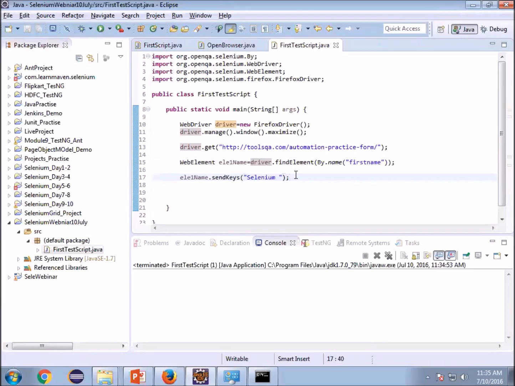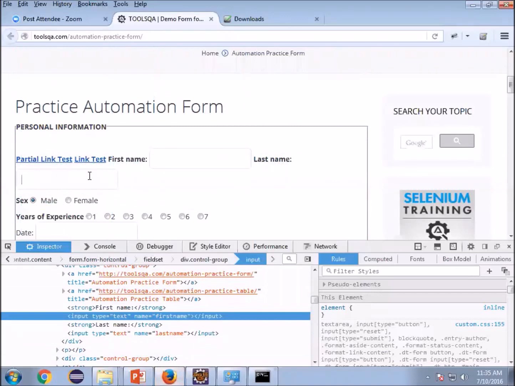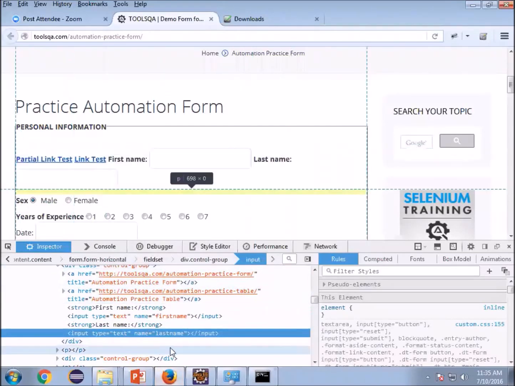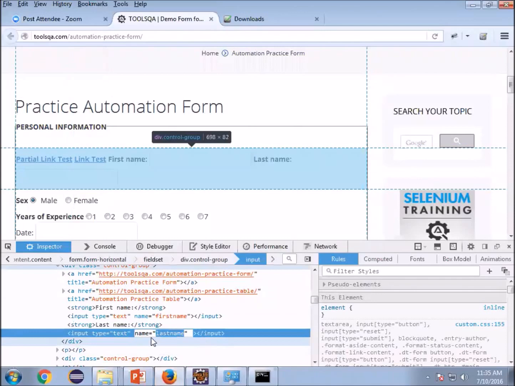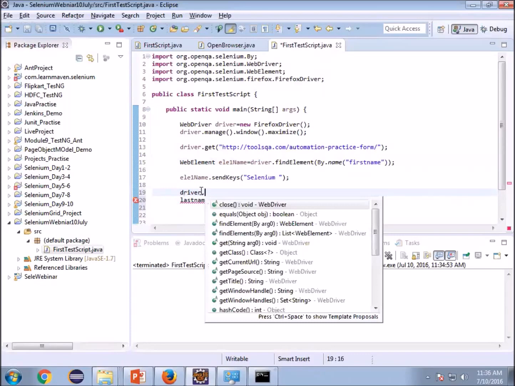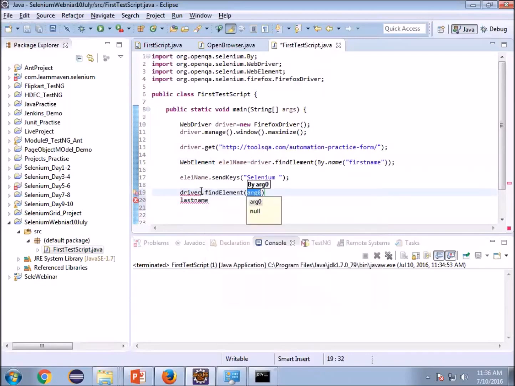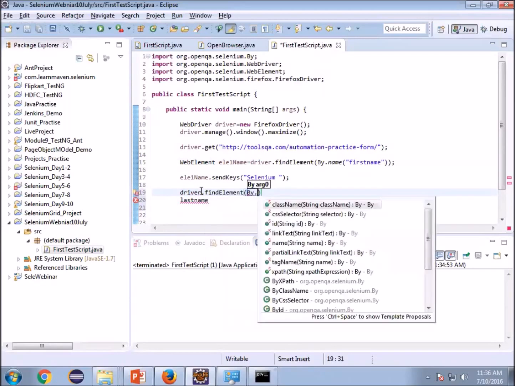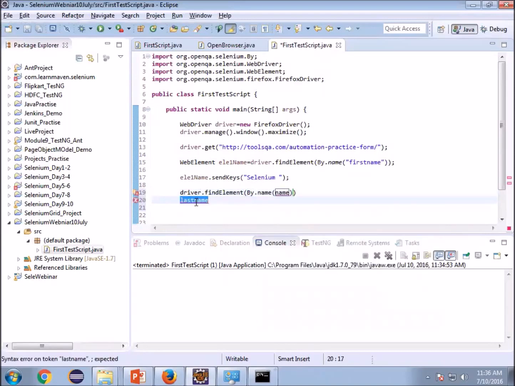So how do we do it? We will enter last name as well here. This page has one more element, last name. Right click on that, inspect element, and this is the name they have given for last name. I will copy it here. I will type for you findElement By dot name, in double quotes.